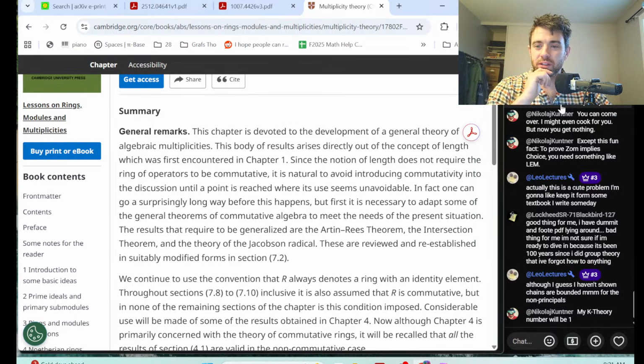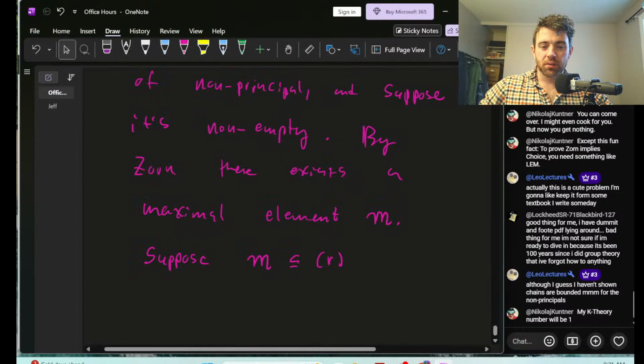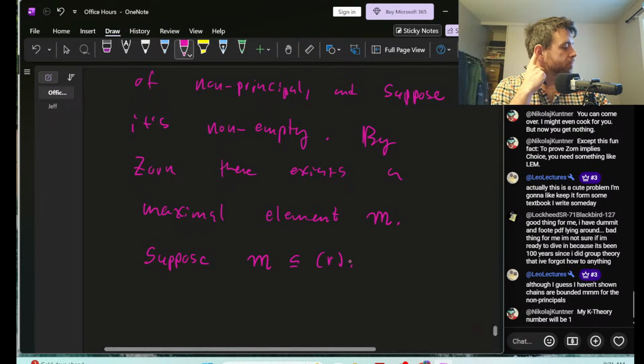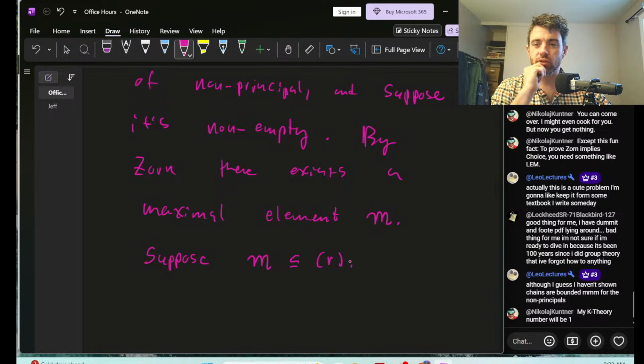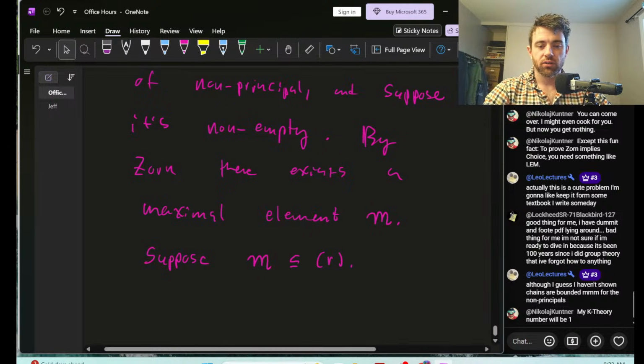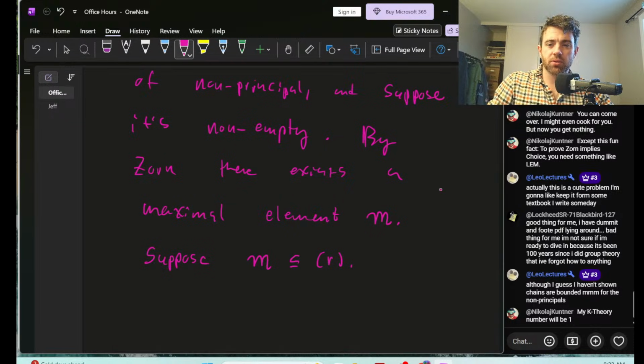Well, it will be contained in a maximal ideal, which must be principal. That's true. Oh, it definitely is in such a thing. And so we need to argue why everything in here is a multiple of R. If M isn't prime,